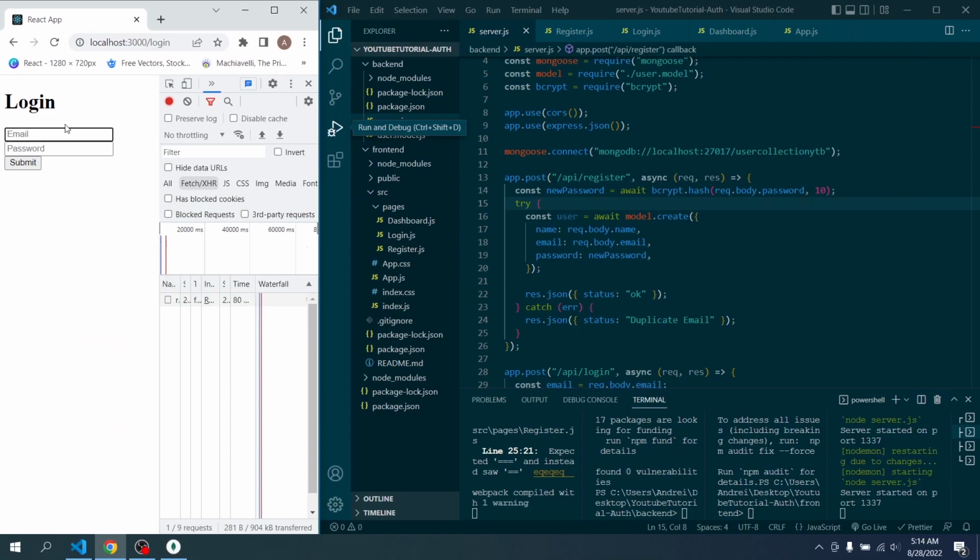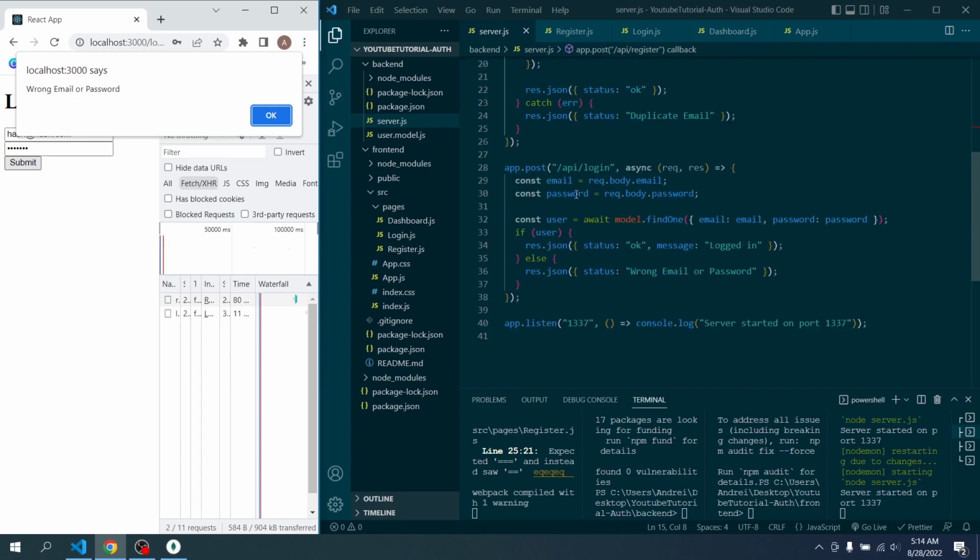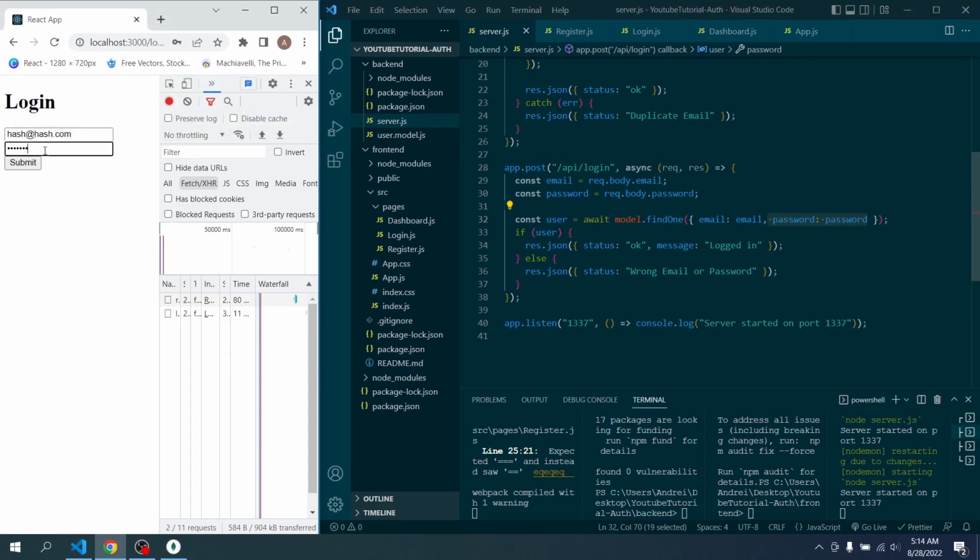Now there is another problem. If we try to log in with hash@hash.com and hash123, we're getting an error because when we try to log in inside here, we're trying to find a user with this email, and a password that's the same as what we type inside the form. So this is no longer valid because we are not storing it in plain text. So we need to delete this,